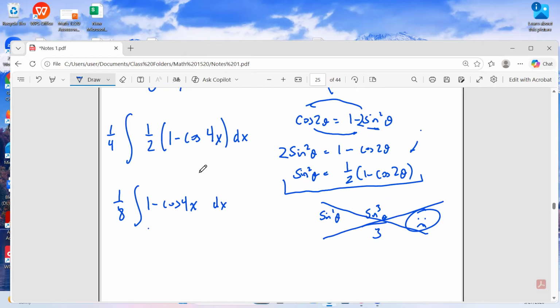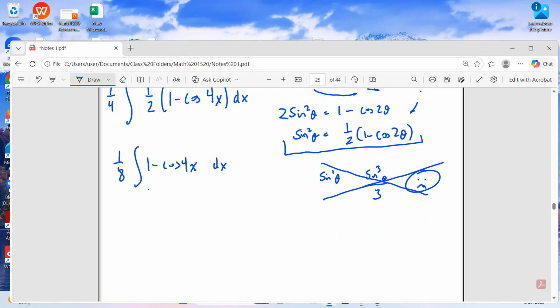But now we are ready to go ahead and integrate this. So this is going to be 1/8, and then we're going to be integrating this. So we integrate 1, that's just going to be x. And then I've got to integrate cosine, right? And integrating cosines, that's not too bad. That's just going to be sine, because the derivative of sine is cosine, minus, and we have a 1/4 sine of